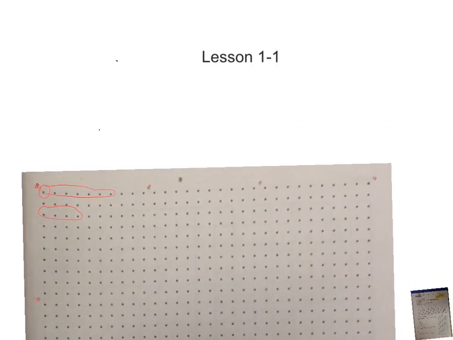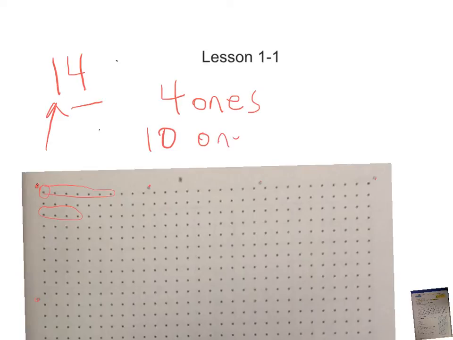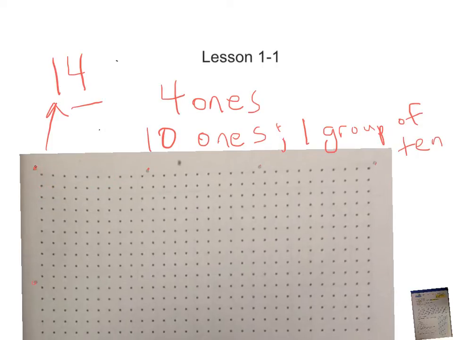Okay, I want you to think about another number here. I'm going to write down 14. When you see the number 14, what does the 4 represent? Hopefully you said it represents 4 ones. Well, if the 4 represents 4 ones, what does the 1 represent? It represents 10 ones, or one group of 10. So knowing that I have 14, which is 4 ones and one group of 10,